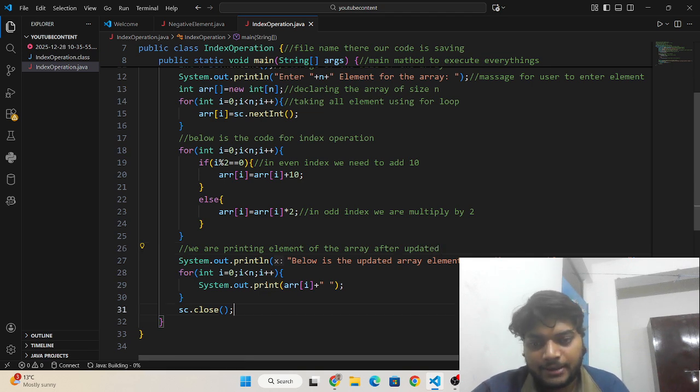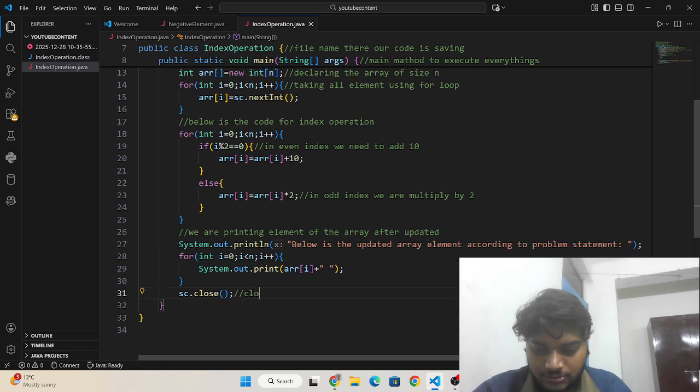Okay, and here we are closing the object of the Scanner class to avoid resource leak and free the memory.